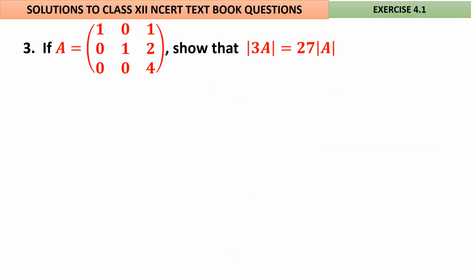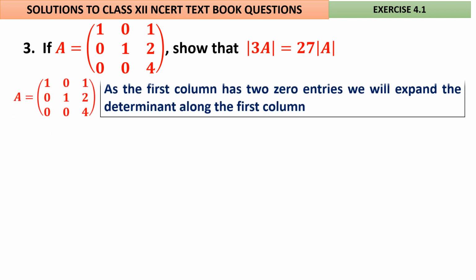Once again the same thing. I think in the last problem I explained to you that if it is multiplied by any k, determinant of kA will come out as k square for 2 cross 2. It will come out as k cube for 3 cross 3. It will come out as k power 4 for 4 cross 4. Here it is 3A. It has come out as 3 cube, that is 27. Let us check it. A is given.